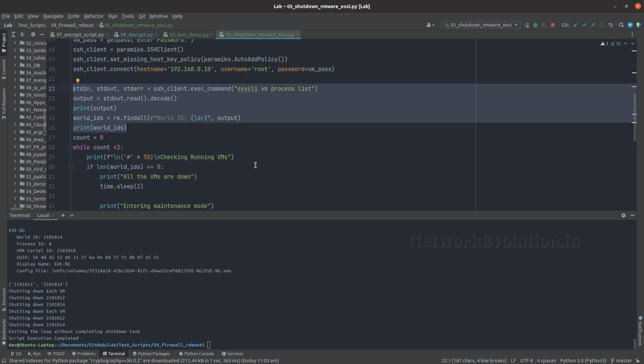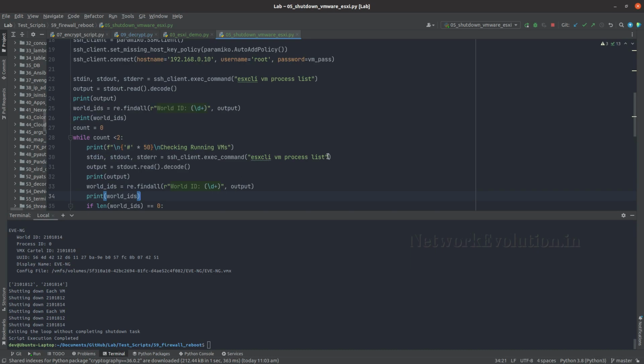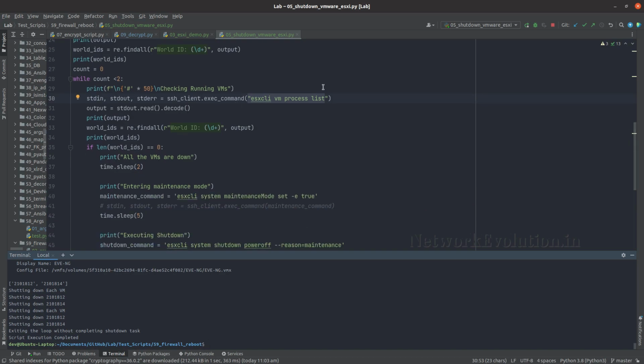The reason for that is in each iteration inside the while loop, we need to check whether VMs are down or not, because each time we need to execute this command, VM process list, so that we'll get the latest VM status, and this print VM world IDs we can take out,